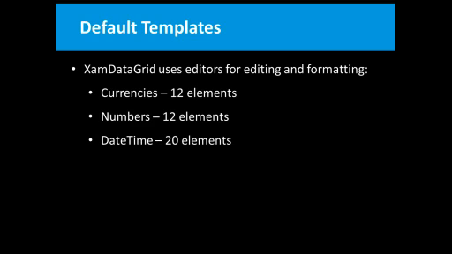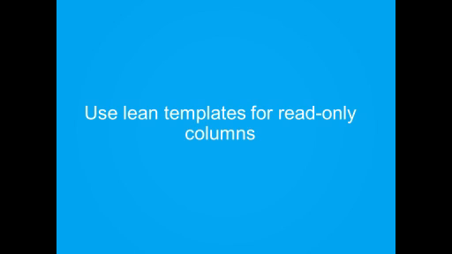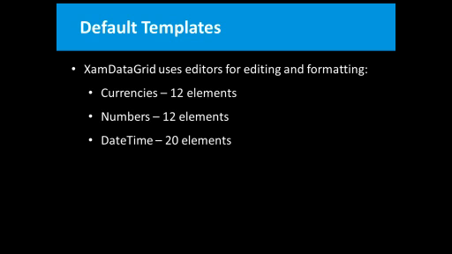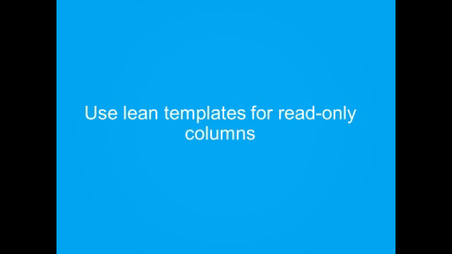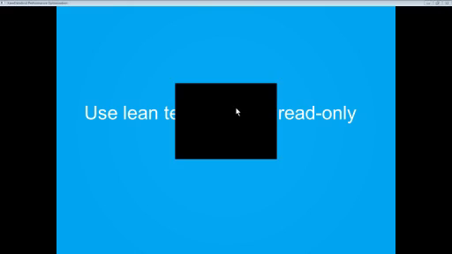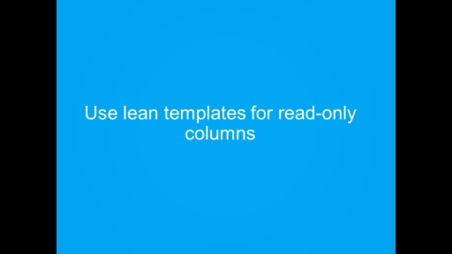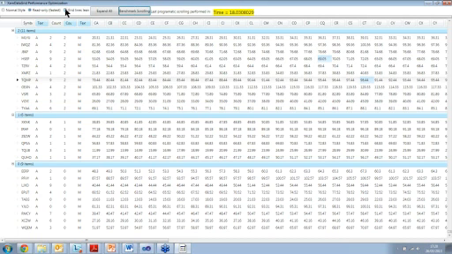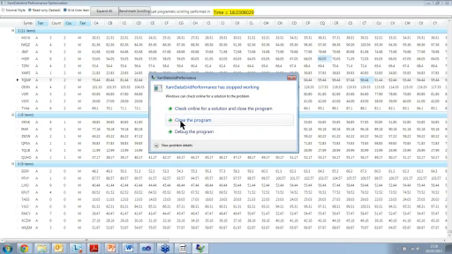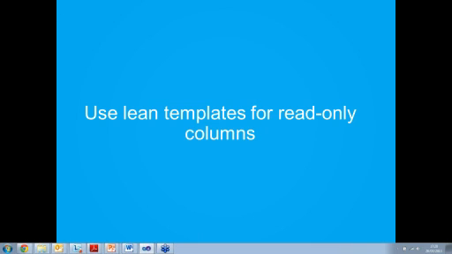For example, let's say you have a grid which shows 20 rows on a screen. You've just cut 350 elements, more or less, and that's significant for the CLR. So instead of these default templates, use the lean templates for read-only columns. All of these templates are available on my blog, and just to illustrate this, we very often get requests for a lean template with grid lines, and whoops, actually, this one,